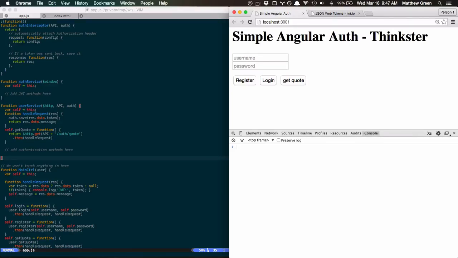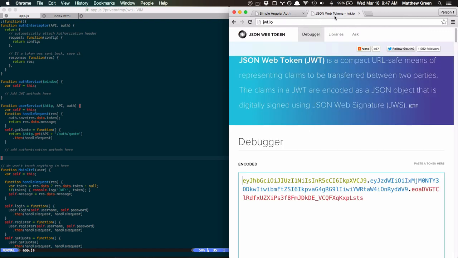This tutorial will take you through implementing a simple authentication scheme with AngularJS using JWTs. JWT stands for JSON Web Token, and according to JWT.io, it's a compact URL-safe means of representing claims to be transferred between two parties. Essentially, what this allows you to do is encode something like a user ID or an email address inside of a token that is then transferred between the server and the client with every request to